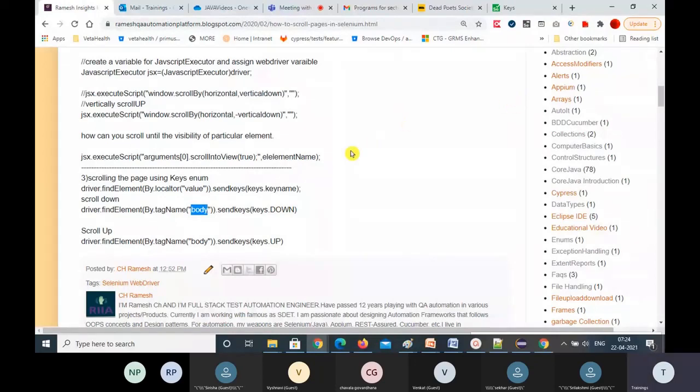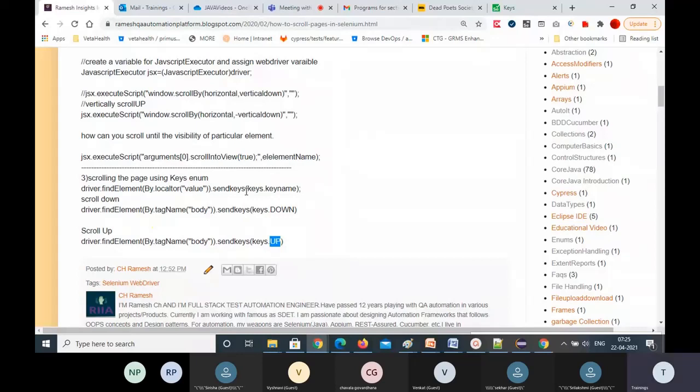So that body tag you have to use, and then send the key, that is Keys.DOWN. If you want to scroll up, driver.findElement(By.tagName("body")).sendKeys(Keys.UP). So this is how to scroll up. These are the different ways to scroll down and scroll up.